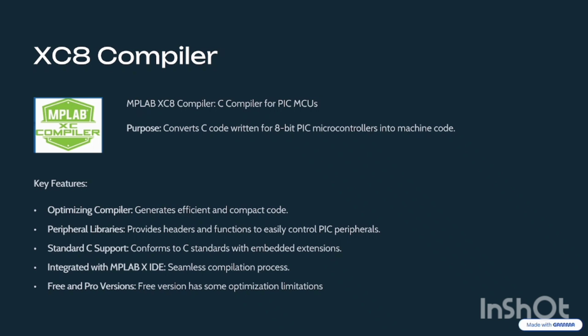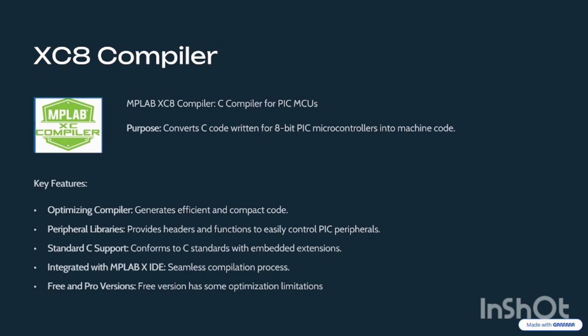It provides headers and functions to easily control PIC peripherals, and it supports C conforming to C standards with embedded extensions, and it is integrated with MPLAB X IDE for a seamless compilation process. And the best thing is that free and pro versions are available. We are going to use the free version for our washing machine